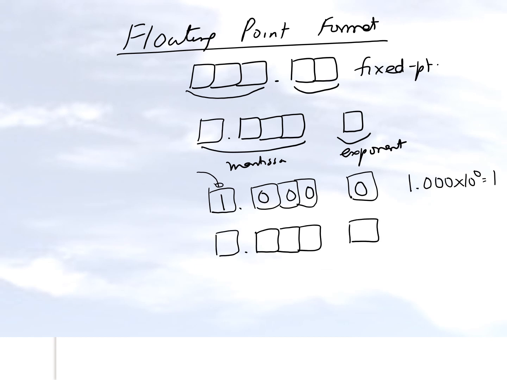The largest number which you can represent will have 9 here, 9 here, 9 here, 9 here, and 9 here. And so the largest number will be 9.999 times 10 to the power 9. So what you're finding out here is that you use the same number of spaces as you use for the fixed point format, and you're finding out that the numbers which you can represent now are from 1 to 10